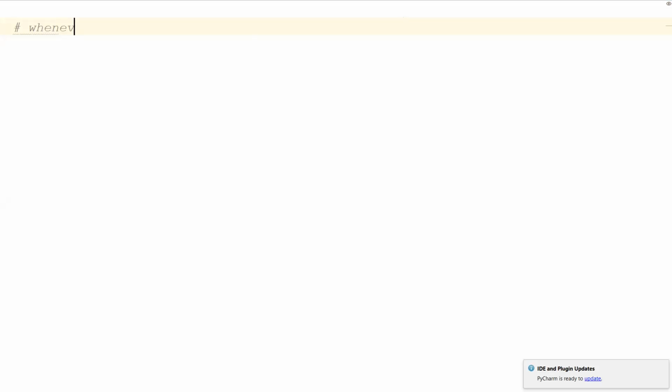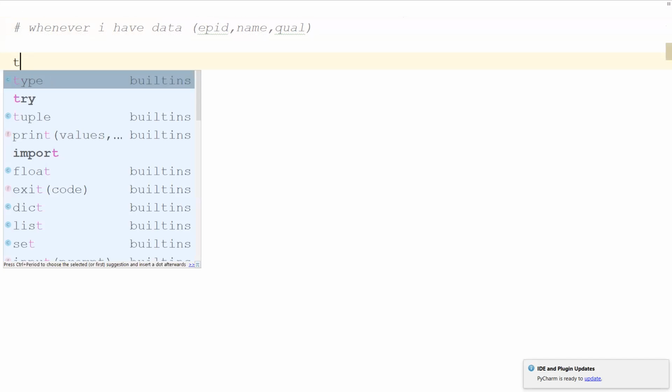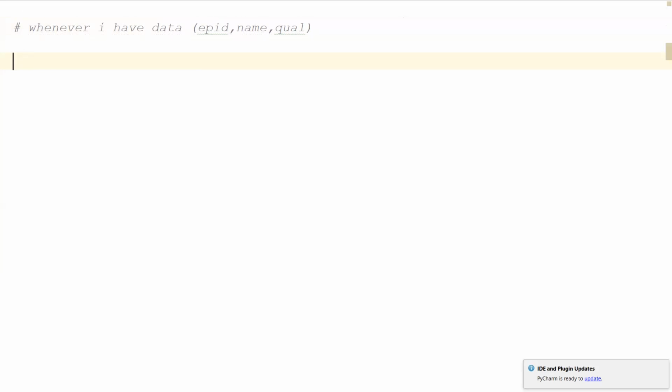Whenever I have data like this, for example, I want to store employee ID, name and qualification, all these details at a time in a single variable, then in this case we have to use a tuple.